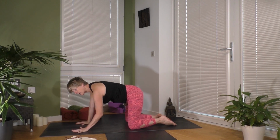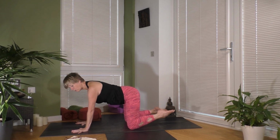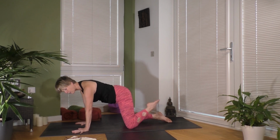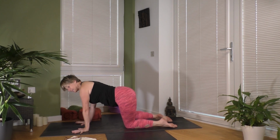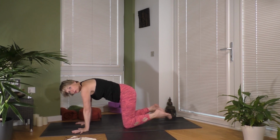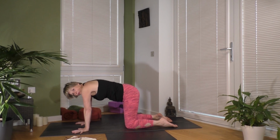Think about the hands. Index finger is at the 12 o'clock point, so you're pointing that index finger forward, so the hands are flared out. Press into the fleshy part where the thumb and palm meet, and the same thing with the index finger. Wrists are under shoulders, knees are under hips. Either curl the toes under or tops of the feet down, and then do a few little cats